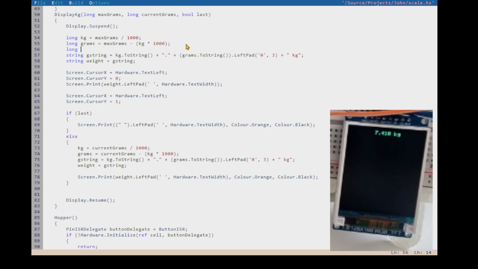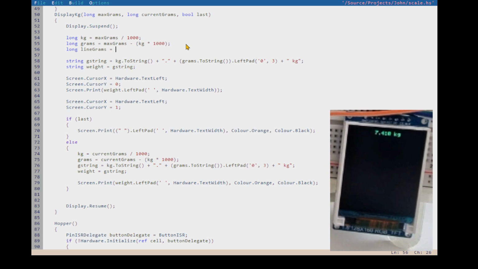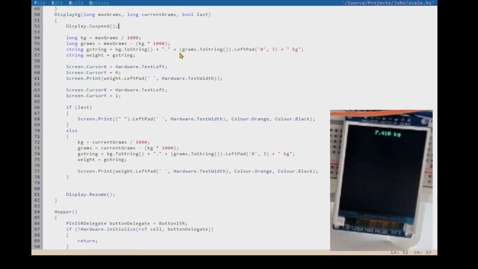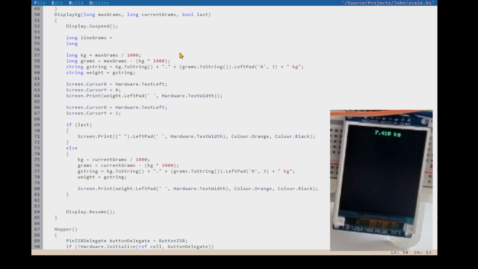So let's say the line for grams needs to be where grams is. Let's do them this way. They're actually the current grams and max grams, right? So let's put the line for max grams and the line for current grams. What should their positions be, right? So the one for max grams,